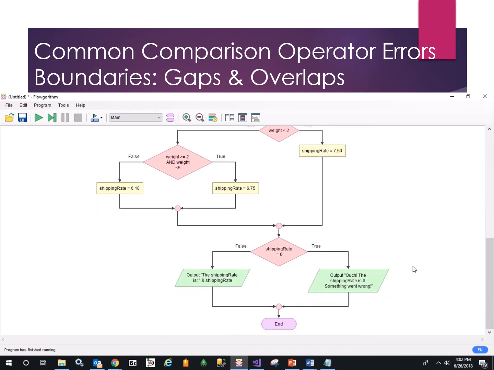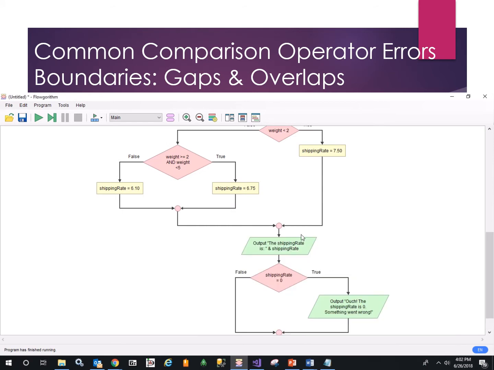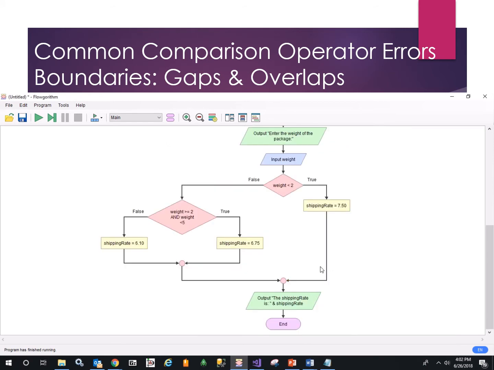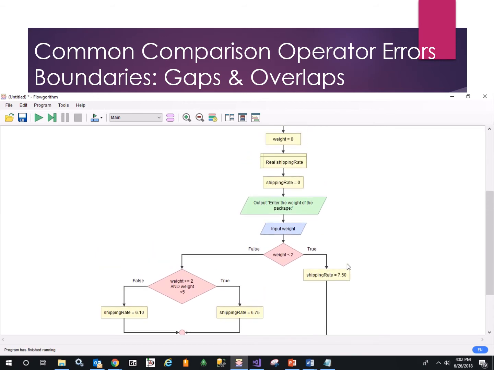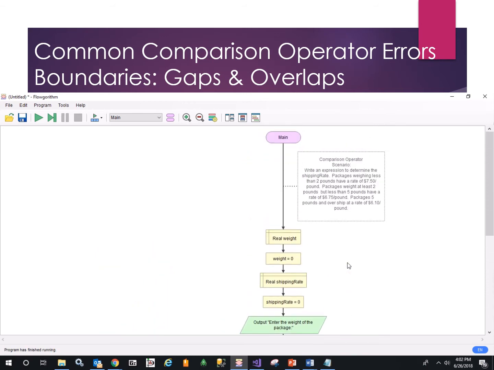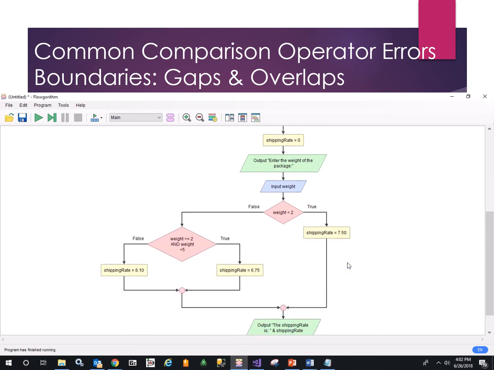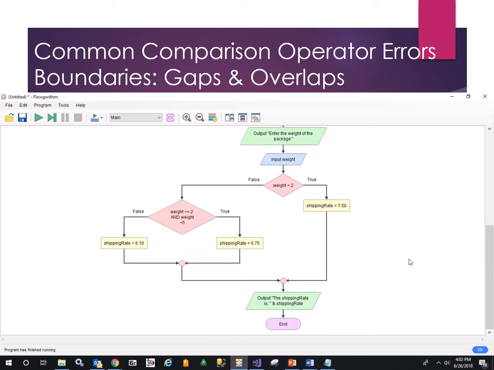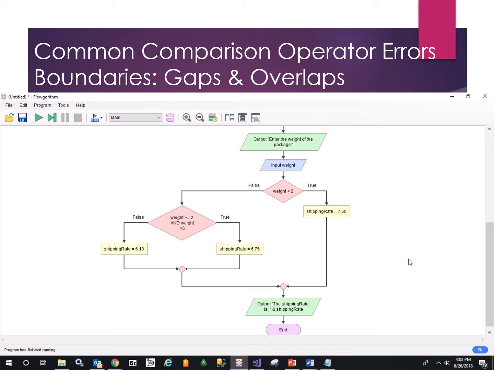Okay, so also now that we are not going to have these errors, we don't really need to deal with this decision. We could simply take and cut that, put it right in line here, and we can get rid of that decision altogether. And now we have a nice, tight, correct program with nice watertight boundaries with neither gaps nor overlaps, and our code will work correctly. And just to recap again,